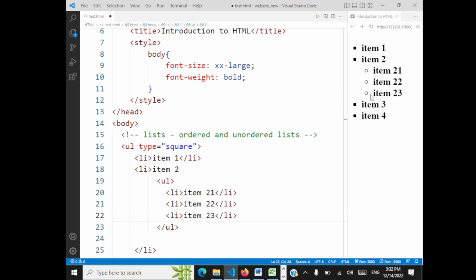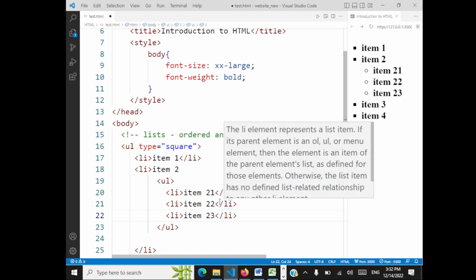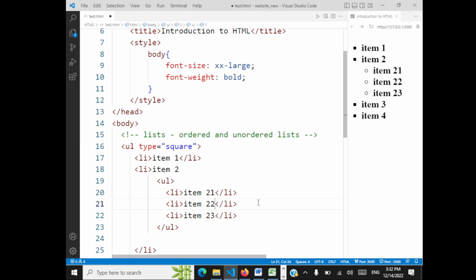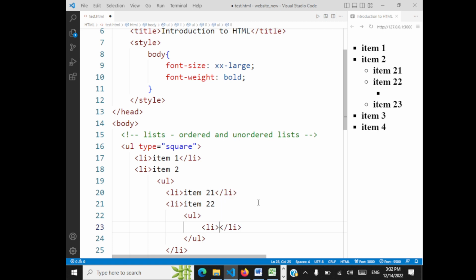So this is unordered list. If you want to create another list within this, how will you create? For item 22, if you want to create a list, just go here, UL, and then you can add items. This is item 221. So lists are very important. You know, when you're working with